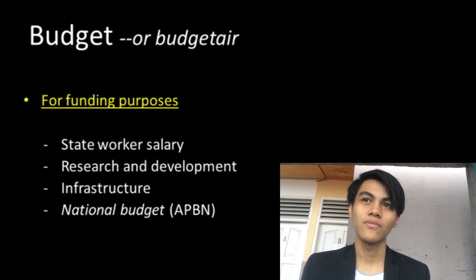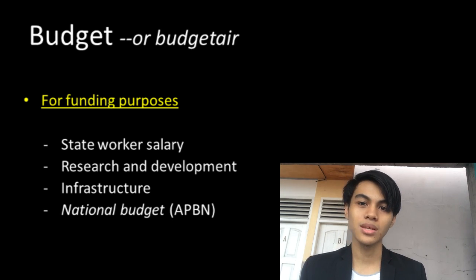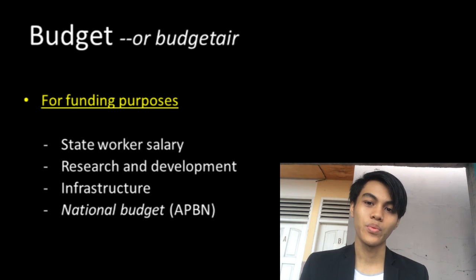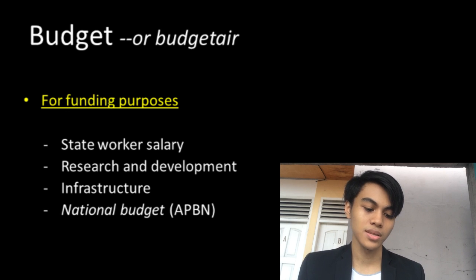The second one is to develop and research their service into a better one, to keep up with the times. And the third one is to build infrastructure all around Indonesia,